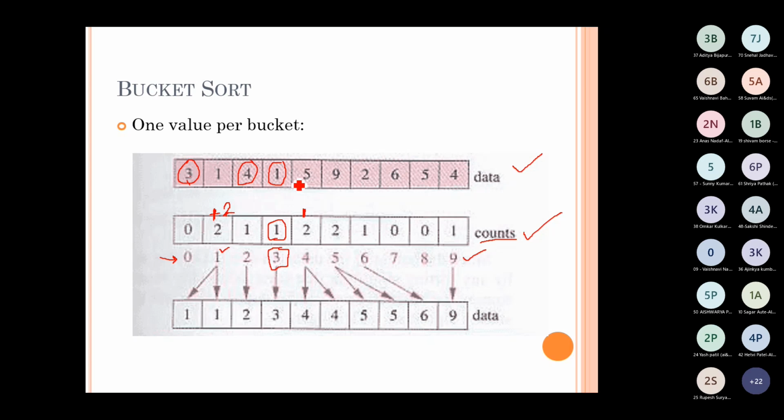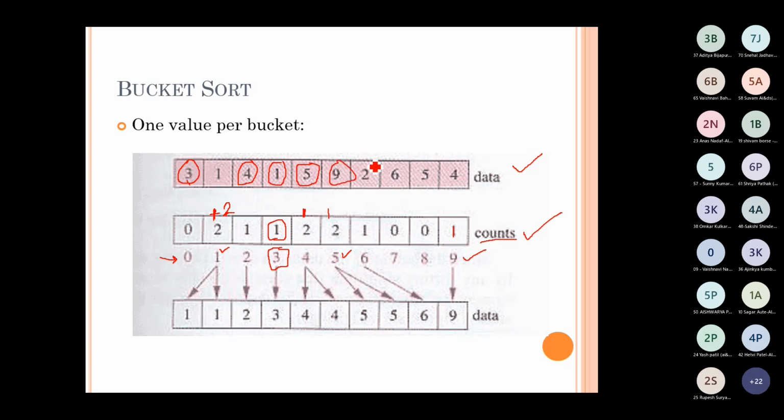Then 5 will be read. Then 5 को कहाँ डालना है, bucket number 5 में डालना है. यहाँ पर पहले 0 था, that will become 1. Okay, then 9 will be read. 9 again, यहाँ पर 0 था, तो ये 1 हो गया. ये 1 हो गया in bucket number 9. So हमारा ये element read करना हो गया है.